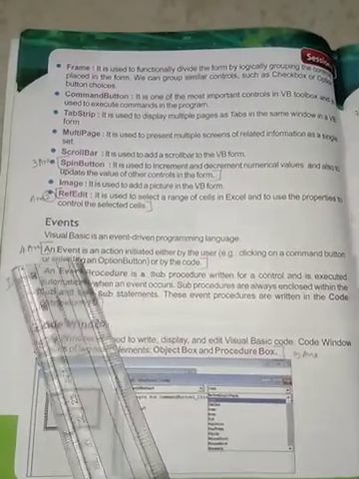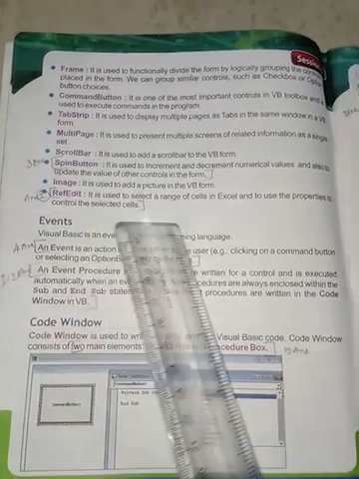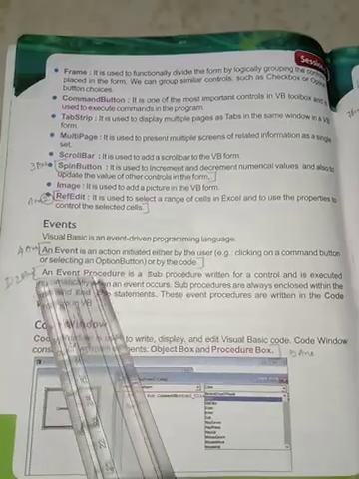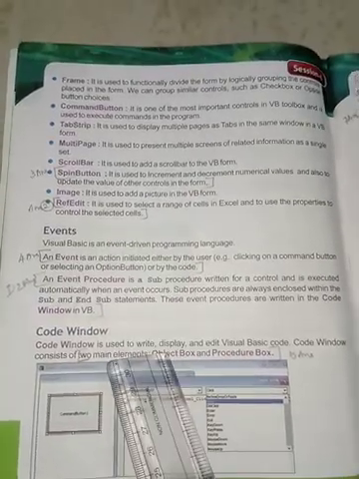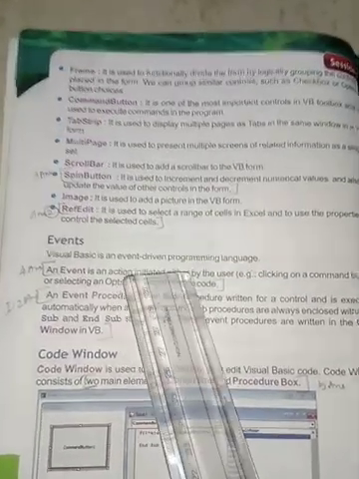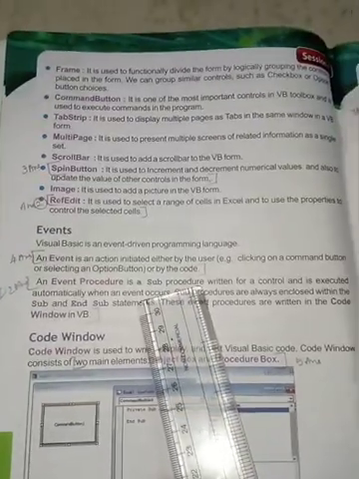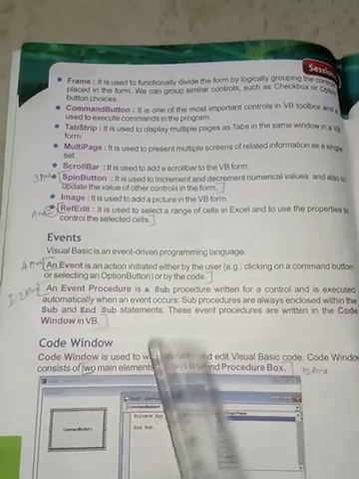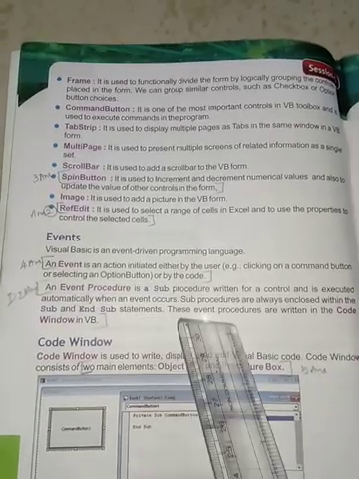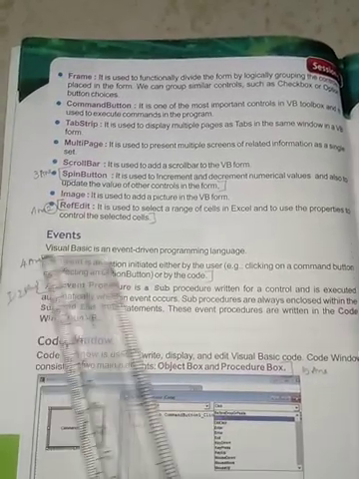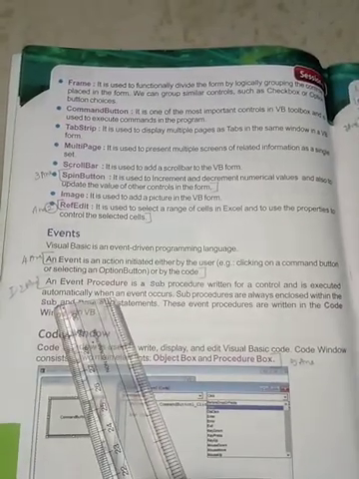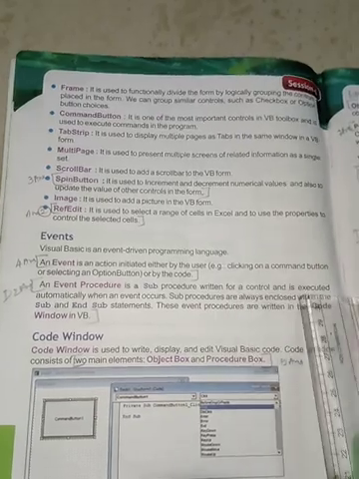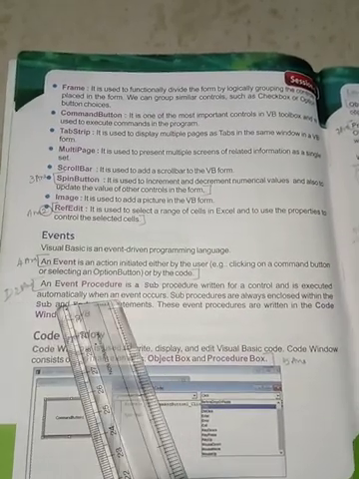That action is the event: clicking on the command button, selecting the option button, or by the code. Code means you have written some program. That program is saying, that code is saying to perform some action. That is an event. An event procedure is a sub procedure written for a control and is executed automatically when